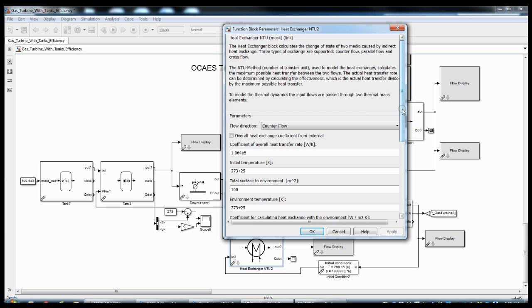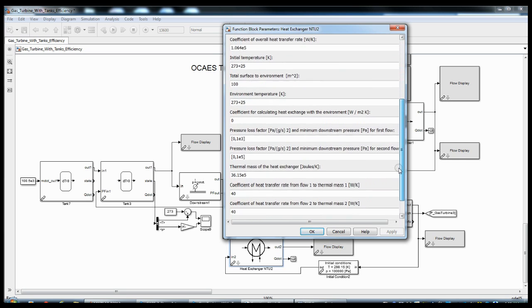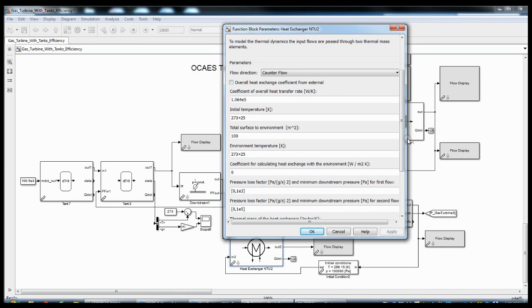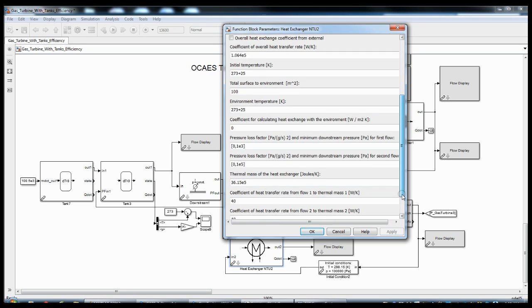Now, for the heat exchanger, you can actually model it in a few different ways. Here I've got a counterflow heat exchanger, but just as well you can have a cross-flow or a parallel flow heat exchanger. And then you're going to need to determine some of your constants. For example, you're going to need a heat transfer coefficient. You need, if you want to have